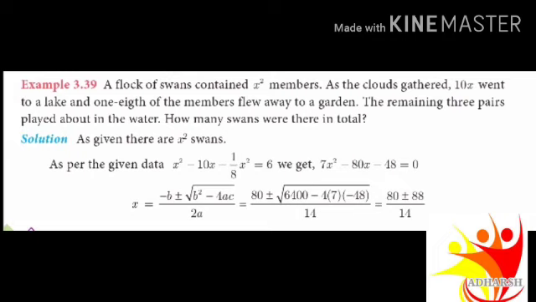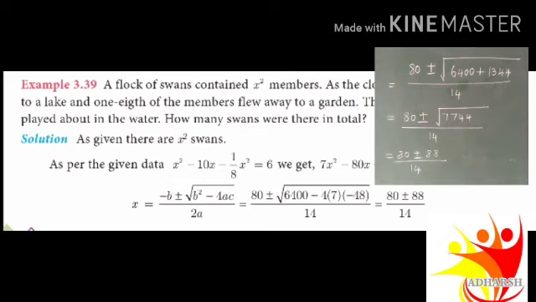Substitute the values of a, b, c. b equal to minus 80, so minus into minus is plus 80, plus or minus root of b square, minus 80 the whole square, that equal to 6400, minus 4 into a into c. The a value is 7, the c value is minus 48, divided by 2 into a. 2 into a value is 14, that equal to 80 plus or minus